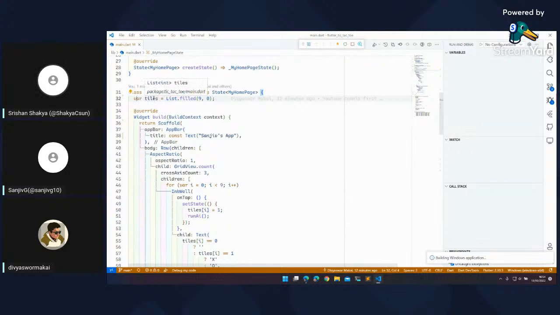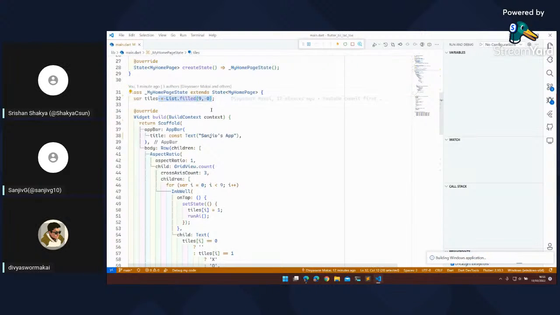So if I hover over the tiles, it is actually a list of integers, because we have assigned it a list of length 9, which are all filled with integer 0. So all of the values of the list are 0, so it is a list of integers.